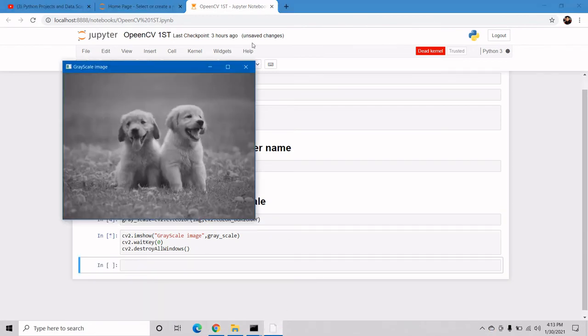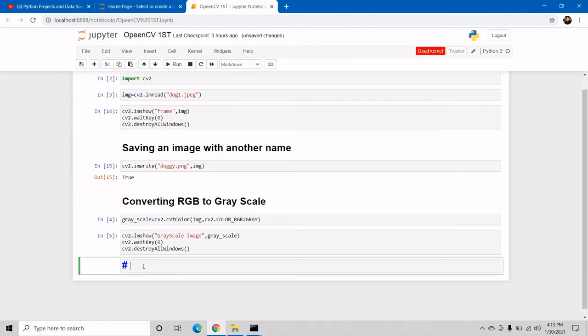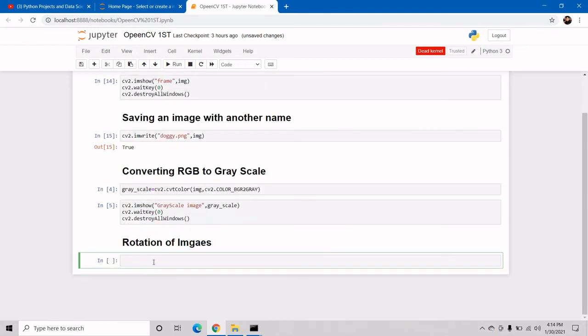Now wait, what if I want a rotation of this? Rotation of our images. For that we have some functions, which I'm writing over here: cv2.rotate with ROTATE_180.